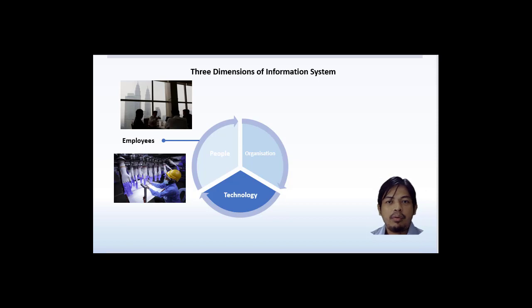For the cashier, they will use a scanner, and the scanner will read the barcode, and the barcode will transfer the data to the system, and the system will show the description of the product and also the price of the product, and the system also sums up the total amount, which is the amount that we will pay for the products that we buy. Okay, that's how the dimension of people works for information system.